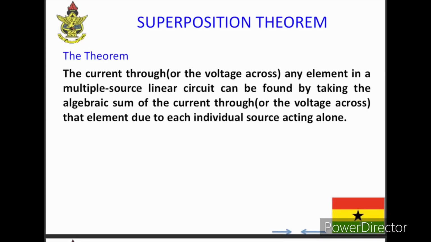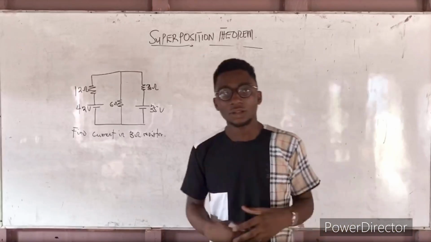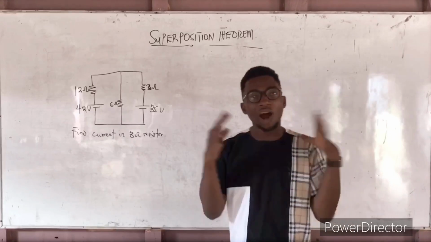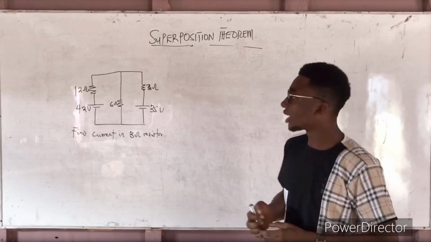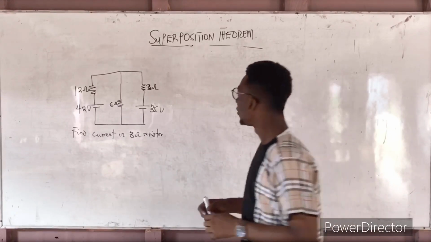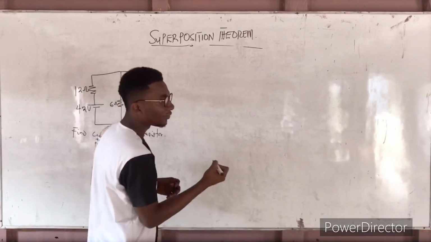The theorem states that the current or the voltage across any element in a multiple source linear circuit can be found by taking the algebraic sum of the current through or the voltage across that element due to each individual source acting alone. So now, the whole idea about superposition is that